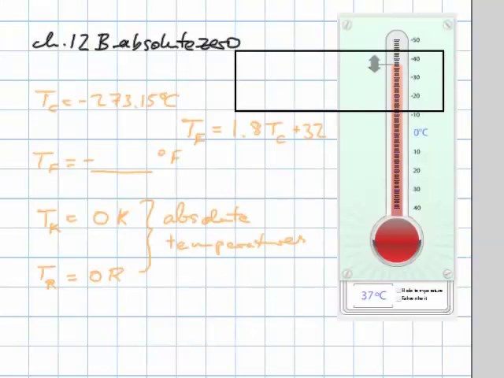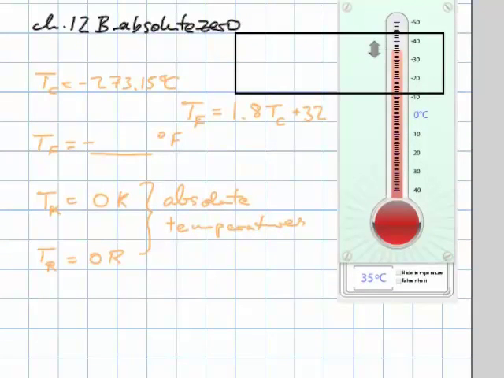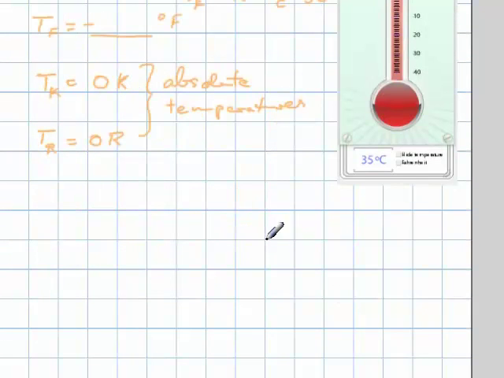Another thing I wanted to look at here, now that we looked at, of course we cannot use this thermometer here because our temperature of absolute zero is off the thermometer. Another thing I wanted to look at is that when we looked at positive temperatures, the Fahrenheit is always larger than the Celsius, and now we've been looking at the lowest temperatures so far in the negative, and the Fahrenheit temperature is lower than the Celsius temperature, and that means they need to meet somewhere. And one way of figuring that out would be to do the algebra,